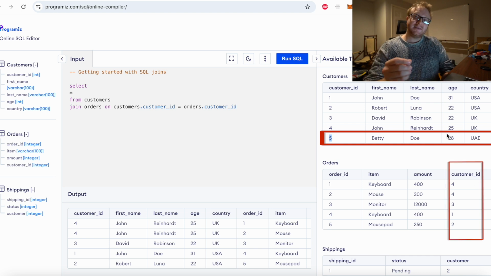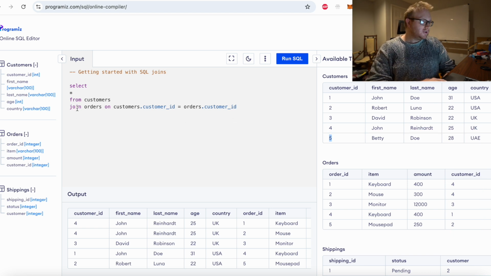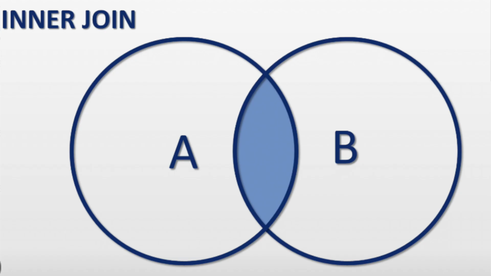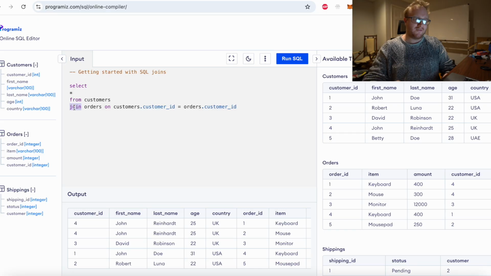So while Betty is in our customers table, it looks like Betty doesn't have an order in our orders table. And so natively, if you just write a join statement in SQL, it acts as an inner join. It only returns to you data that has a match in both tables that you are referencing. Now let's say that we wanted to include Betty in our returned output, even though she doesn't have an entry